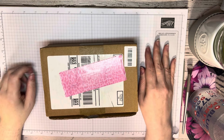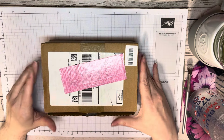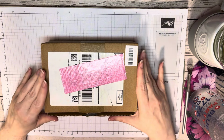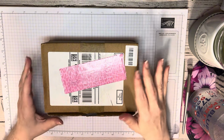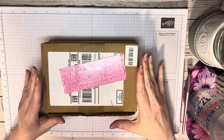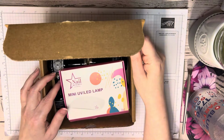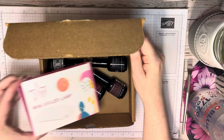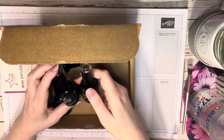All right, so here we are with the box that we got from Nail Reserve LA. And I think actually all of this came in 2 boxes, but I've taken out all of the packaging so that I just had the 1 box. So we got the beginner kit, like I said, which comes with a lamp. And then it also came with a base coat